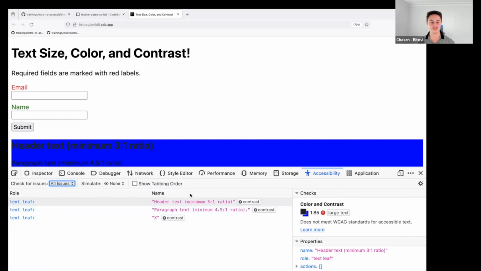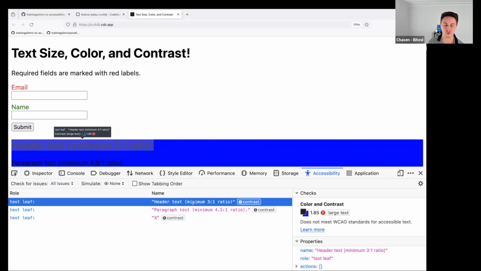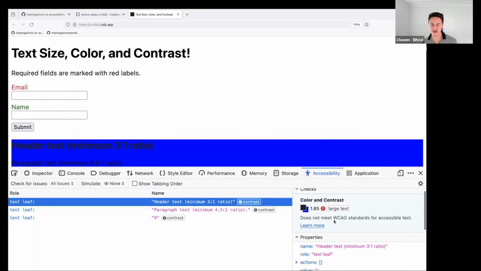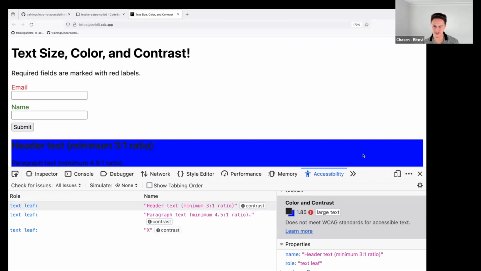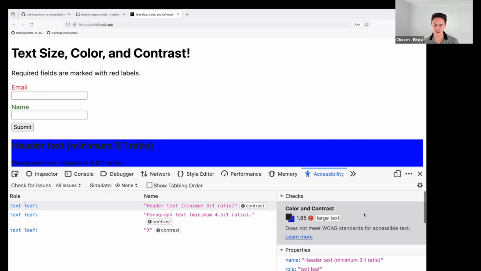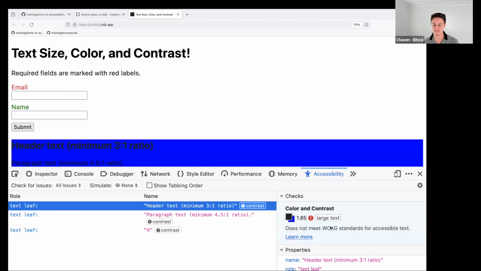What I love about this is, now granted, automated tooling can only check for certain things, but something it can very easily check for is color contrast, right? With all of the text rendered on the page, it can look at the color of the text against the background that it's on, and it can point out, hey, this text does not have enough contrast. So you'll notice here on the right that it tells me this text does not meet the WCAG